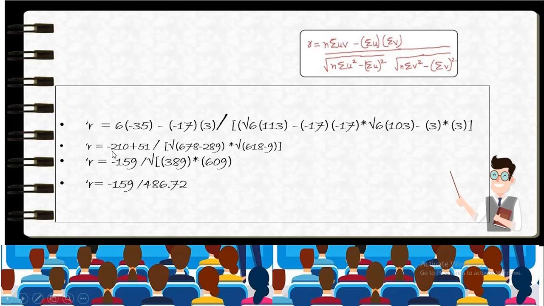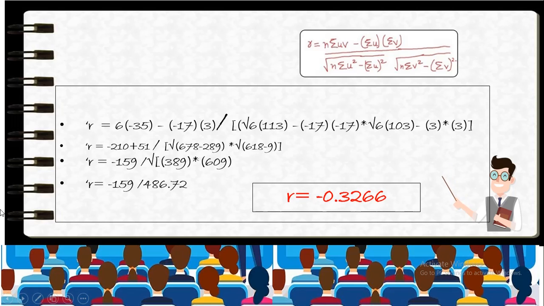By simplifying this, 210 is minus and 51 is plus, so we subtract the two figures, which is minus 159, divided by under root 389 and under root 609. By doing this, r will be 159 divided by root of 389 multiplied by root of 609, which is 486.72, and when we find r it will be minus